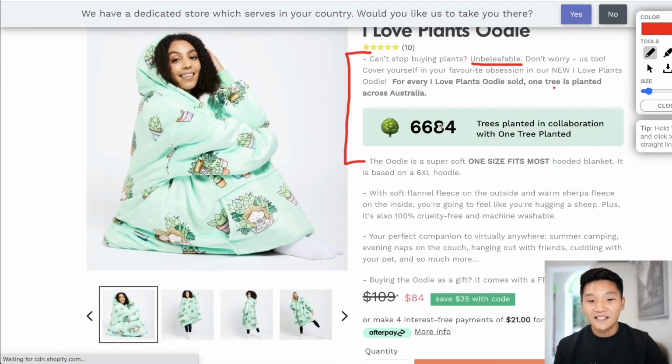So the first thing that these guys have done, with just the first paragraph, is pretty much identify with the customer that, hey, I understand that you love plants, that you are environmentally conscious, and so are we. They're creating this affinity or relationship with the customer right off the bat. Now that boosts trust with the customer and also increases the likelihood that the customer is actually going to go ahead and buy,